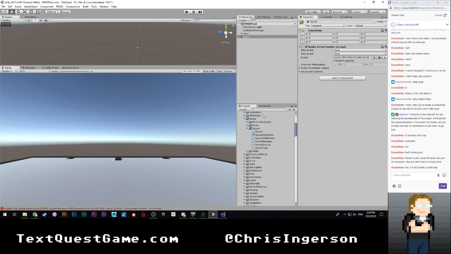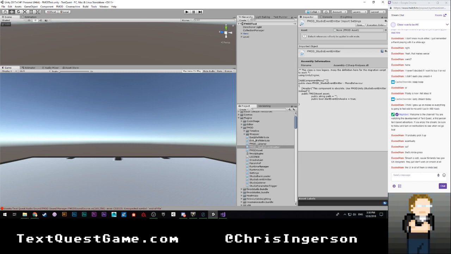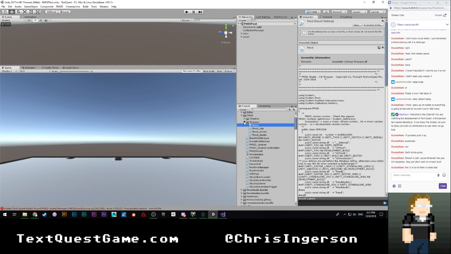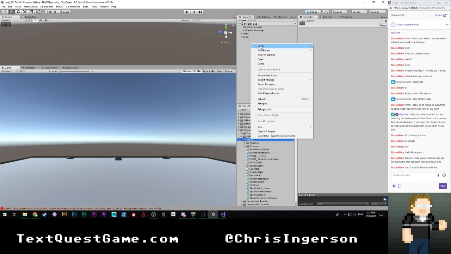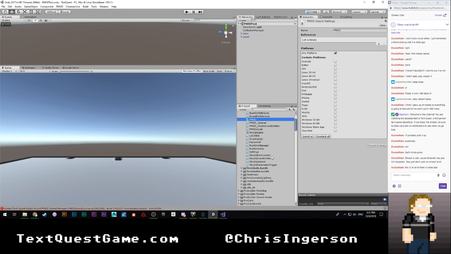Okay. Well, let's look at this. So, studio event emitter. All right. So I am going to have to add a wrapper for all this stuff, which is, I'm hoping, all editor friendly, just because it doesn't look like there's any editor folders. So let's go ahead and do that. I'm going to create assembly definition. I'm just going to call this fmod. All right. Ooh, dear. Well, let's hope that that's all I need to do, because